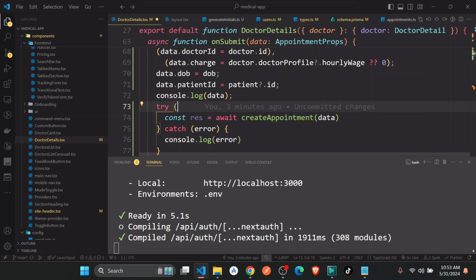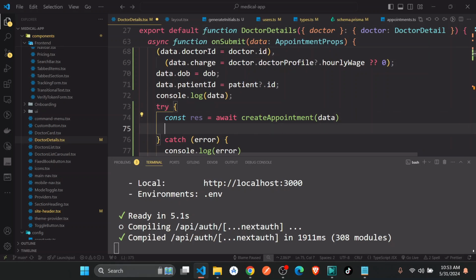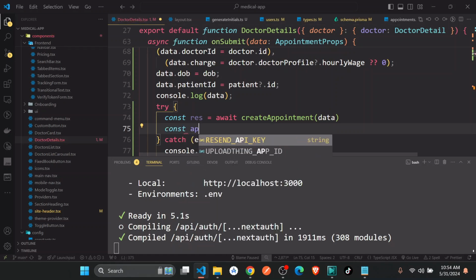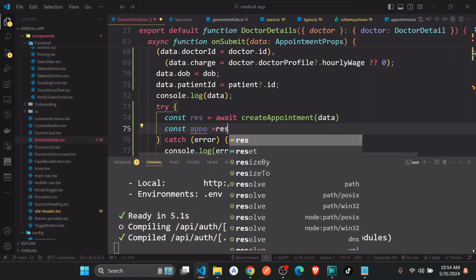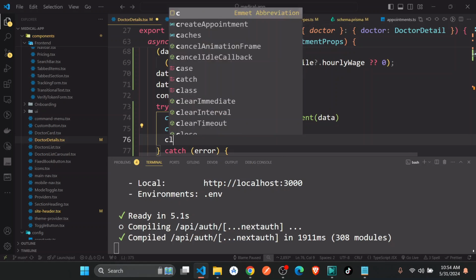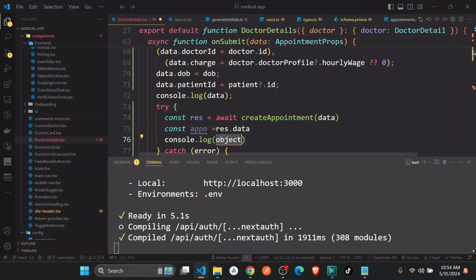So to actually console.log, you could just say const appointment is equal to res.data, like this. And you can just go ahead and say console.log appointment. Okay,